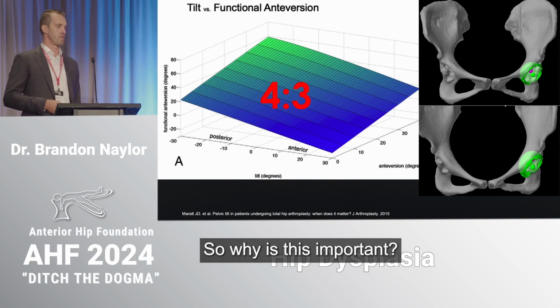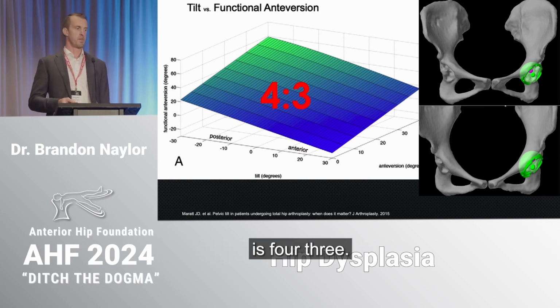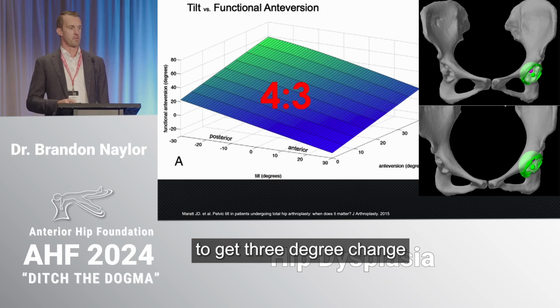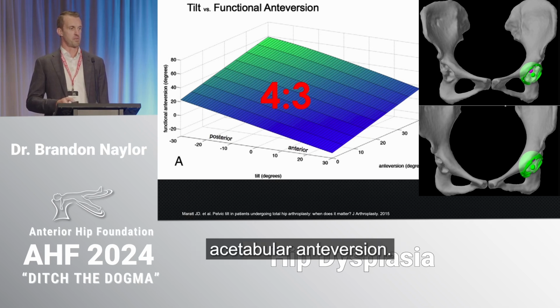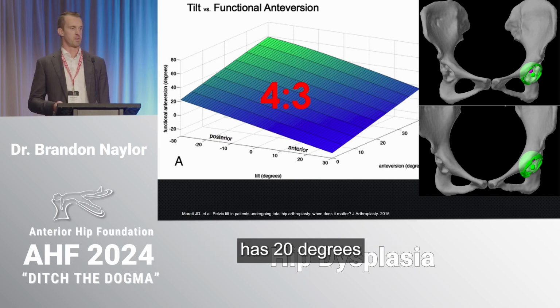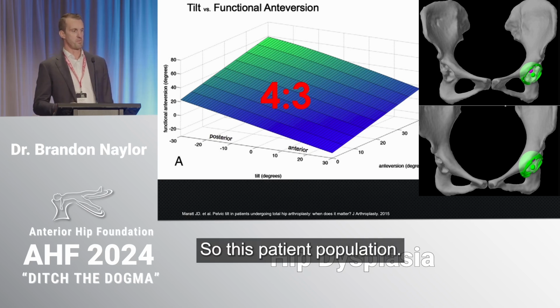So why is this important? A good ratio to remember is 4:3. For every 4 degrees of pelvic tilt that you get, you're going to get a 3-degree change in your acetabular anteversion. So for example, if you put a cup at 25 degrees of anteversion, but the patient has 20 degrees of posterior tilt, you effectively place that cup at 40 degrees of anteversion. So this patient population